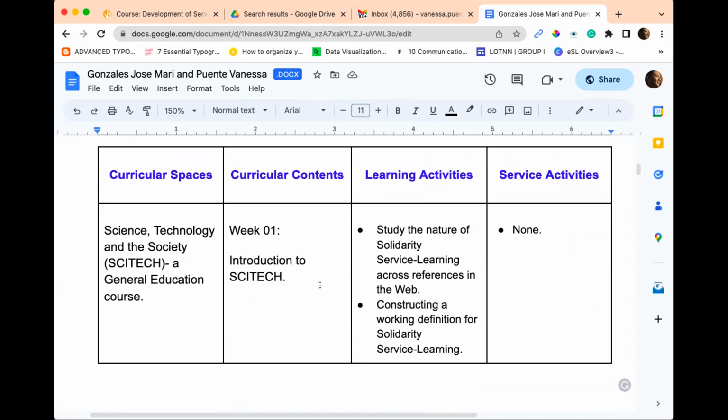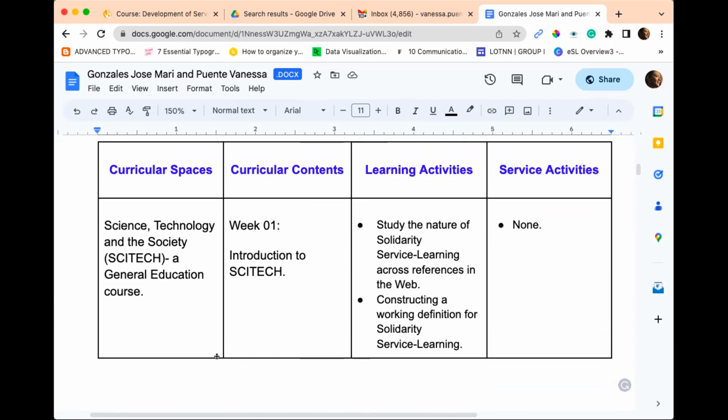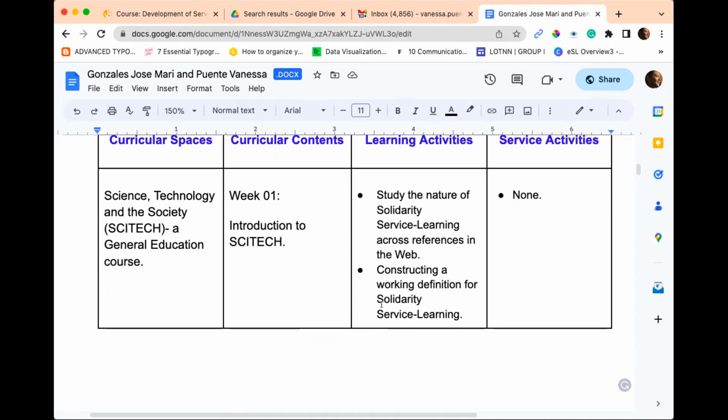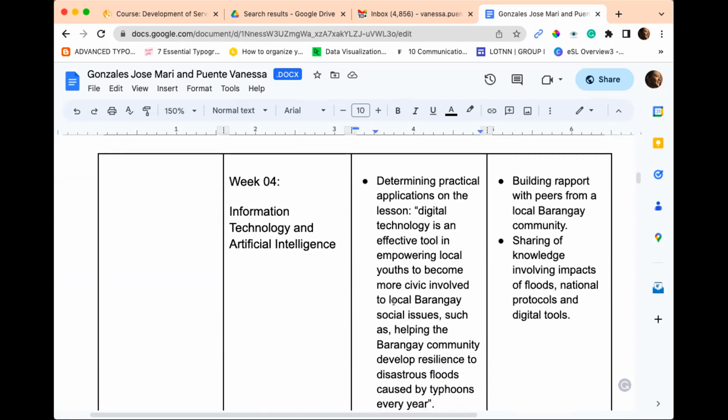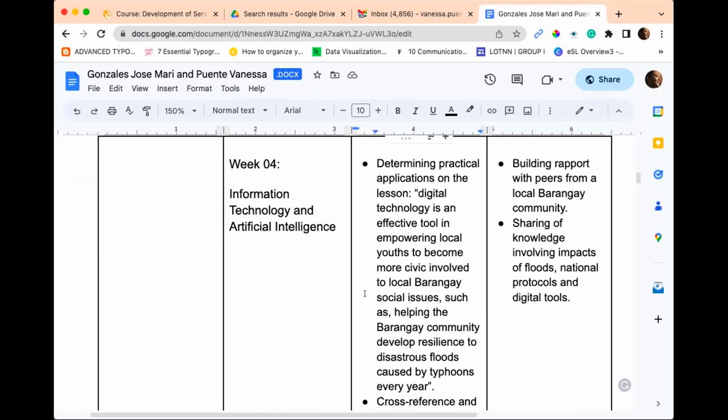Vanessa. So these are the curricular spaces, the curricular contents by which the SSL project will be anchored, specifically with the following learning activities. For the students, the first engagement involves studying the nature of solidarity service learning across references on the web, the construction of a working definition for solidarity service learning, and of course, determining practical